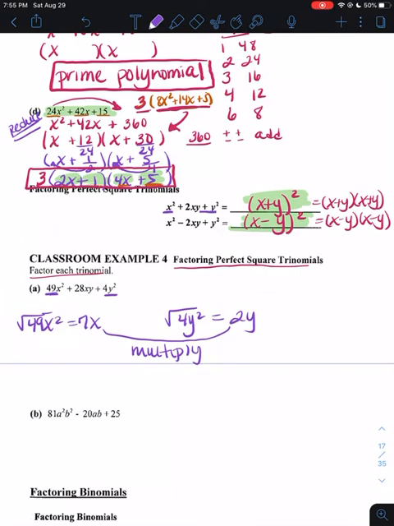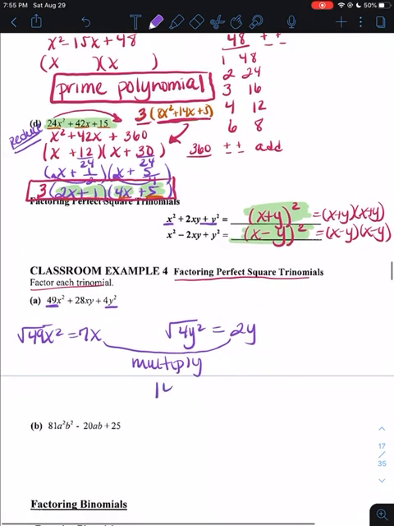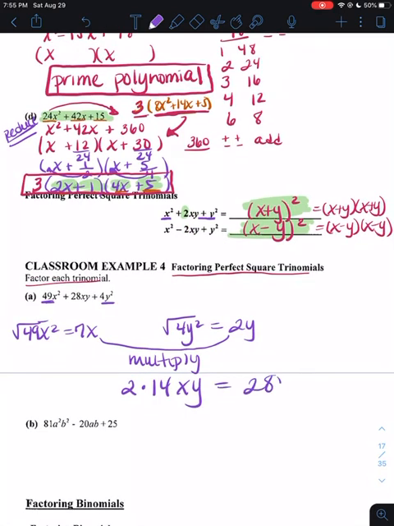So 7x times 2y, when you do 7x times 2y, you get 14xy. And notice in the formula they have that 2 there. So I have to multiply that times 2. So 2 times 14xy equals 28xy. So you have to go through this extra step to make sure that that middle number is the same thing,